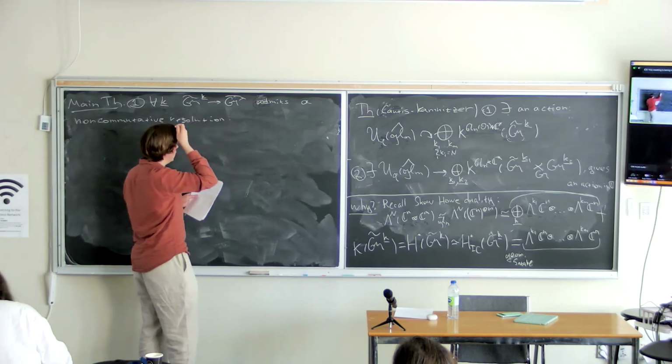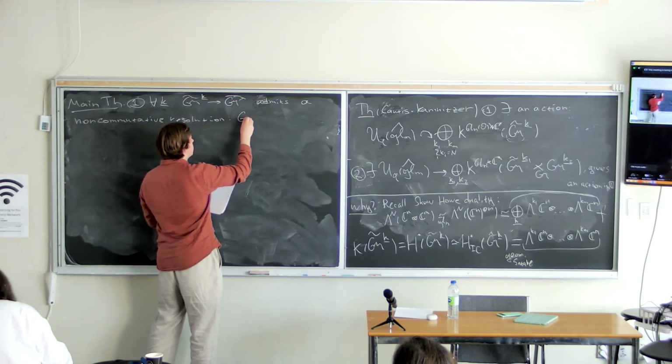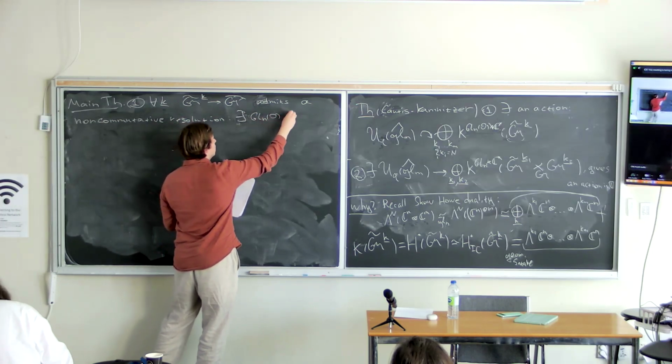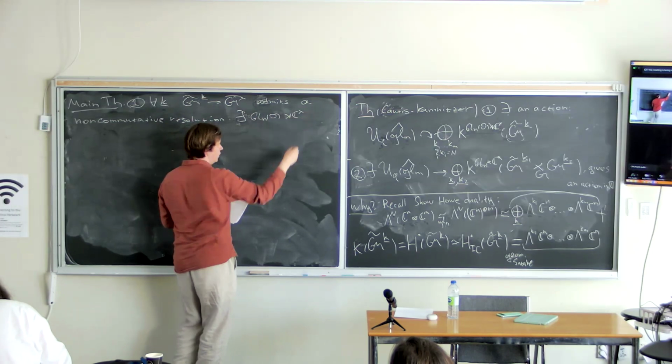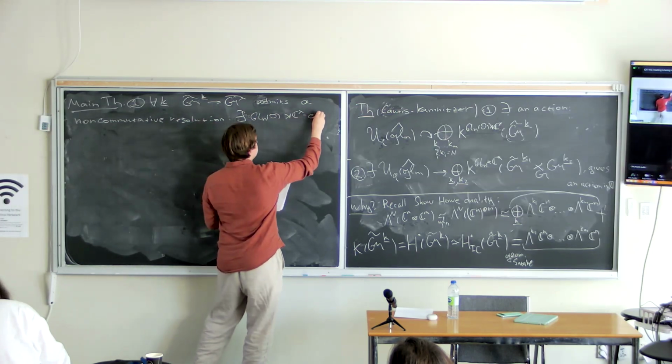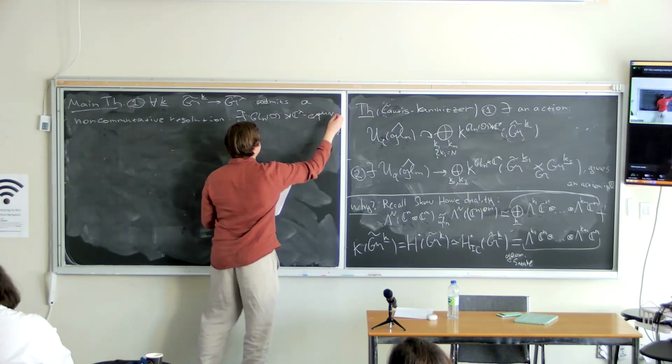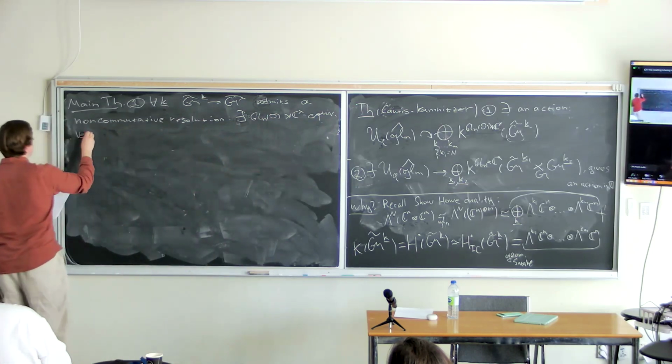Let's recall what it means. It means here that there is a GL_N(O) times C star equivariant vector bundle